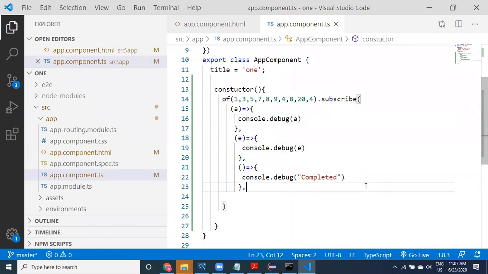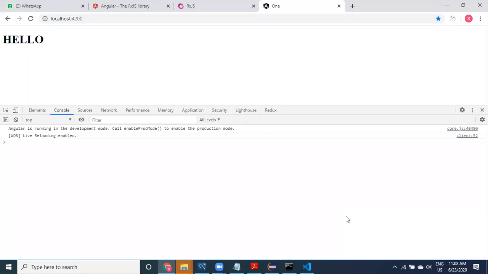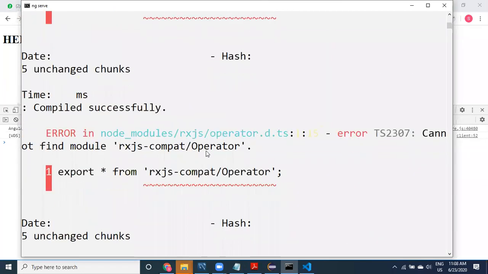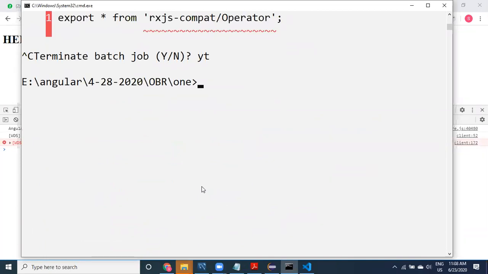What's wrong? We can check it out. Oh, this is also not happening. Let us check here. See this error here. We did not see this error here. Export from RxJS compat operator. Something is happening. Okay, let us check this.